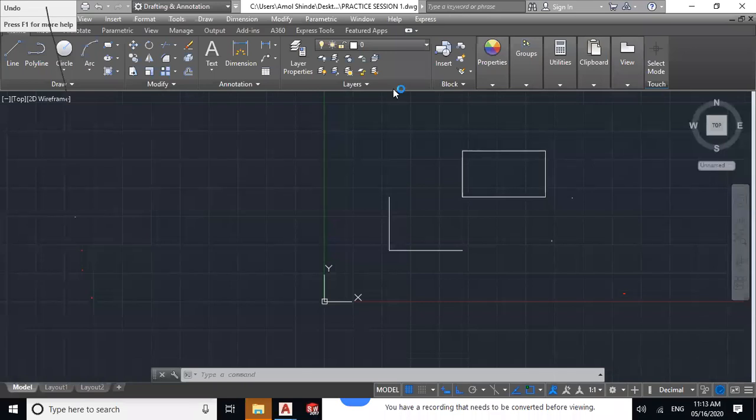Sir, I want to know about limits tool. Even though we enter the limits, the area outside the limit is visible and we can also draw it. Yes, sir, you can draw outside the limit as well, but while printing you will get the benefits of limits, and I will show other benefits of the limit in the coming session. So please wait.